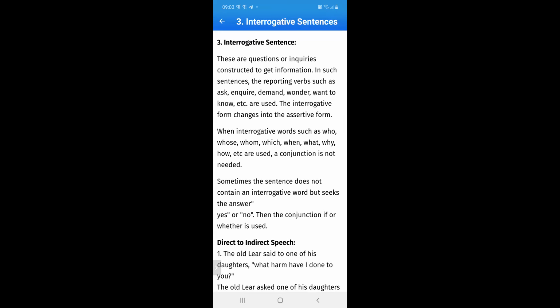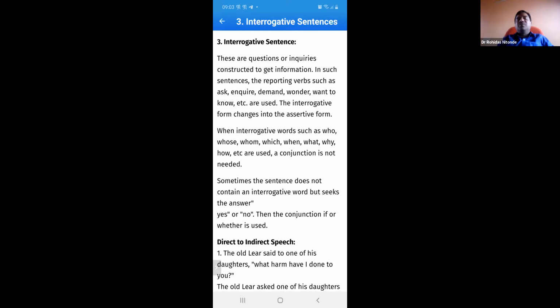This is our questions or inquiries constructed to get information. Be calm, quiet. See, Pratibha, all students remember that there is no hurry. Be calm, quiet, at your pace. Watch carefully and read it silently. No hurry. So these are questions. Okay. So begin, please. Pratibha, you can begin now.